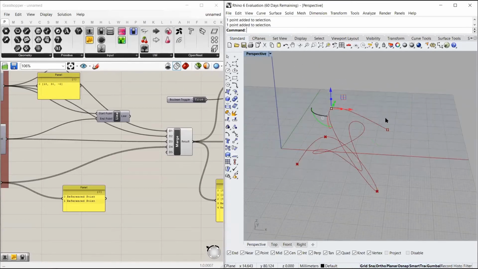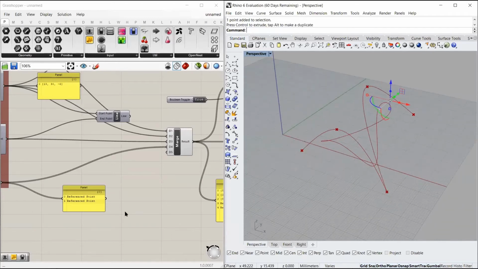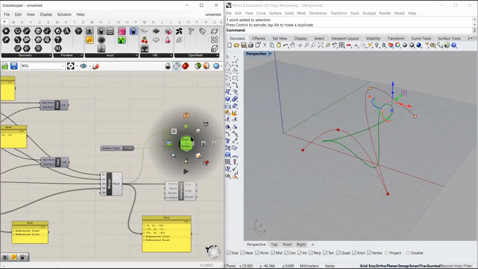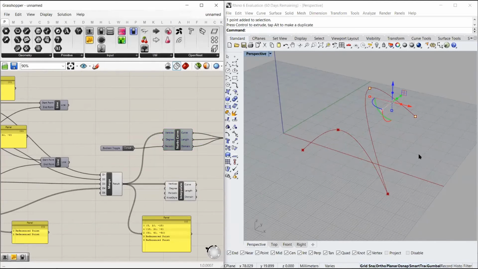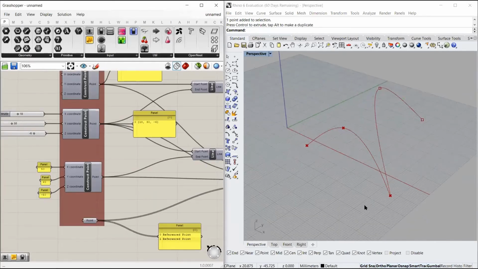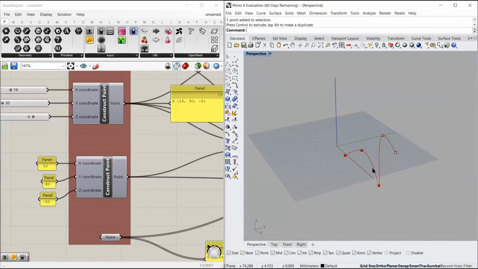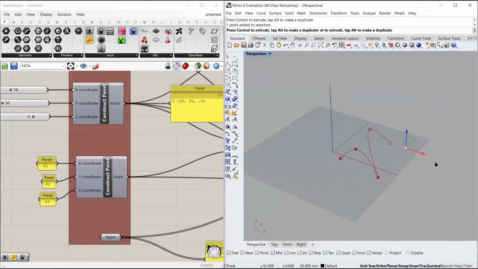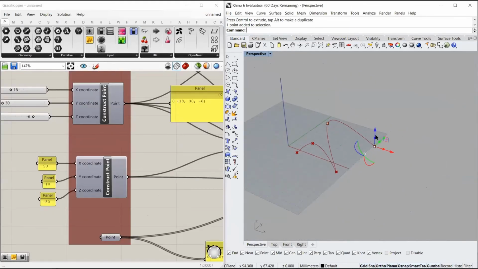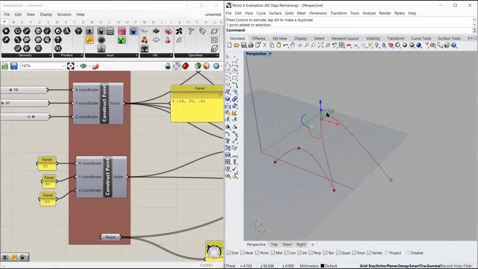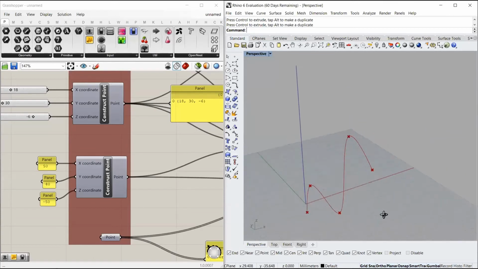Now you see when I created a new model and I changed the points, the curve got changed. So now I will hide the NURBS curve. I will manipulate this geometry a bit to give a better curve output. Okay, so we have something like this.